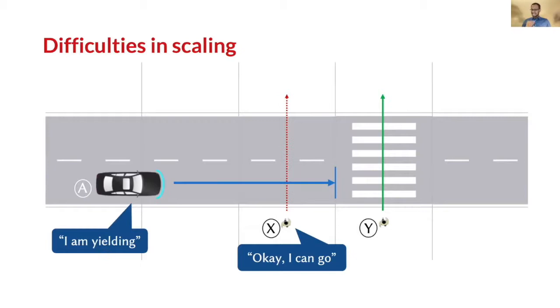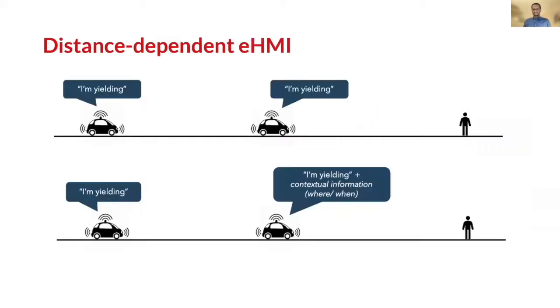For instance, in this case, there are two pedestrians standing on the side of the road, one at a zebra crossing and another one a bit further ahead than the crossing. When a self-driving car approaches with an eHMI showing an intention to yield to the pedestrian at the zebra crossing, the pedestrian in the middle might intercept the eHMI and mistakenly assume that the communication is meant for them and start crossing. So, at least typical eHMIs that simply announce yielding intention may be a bit problematic in this situation.